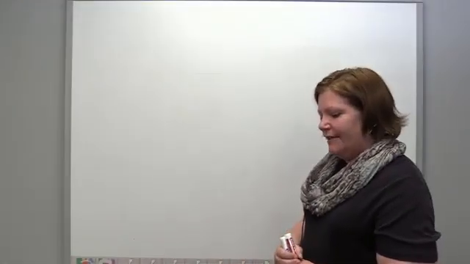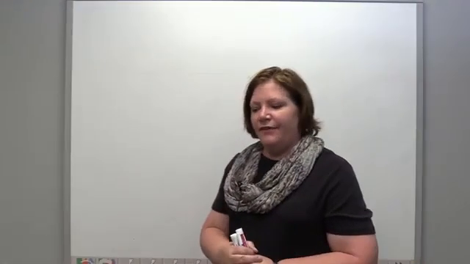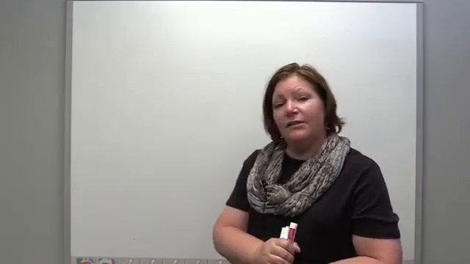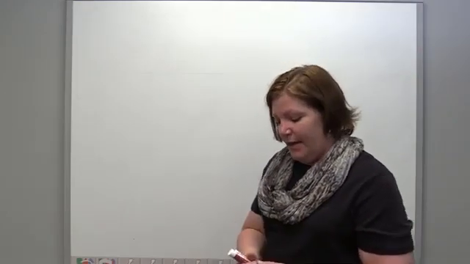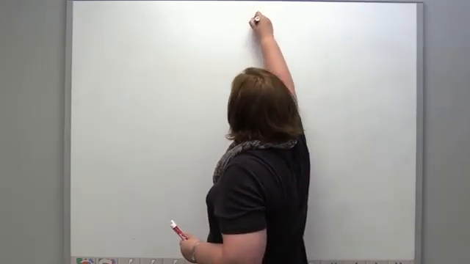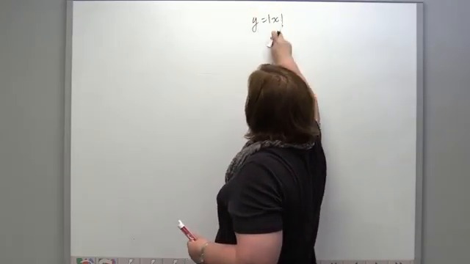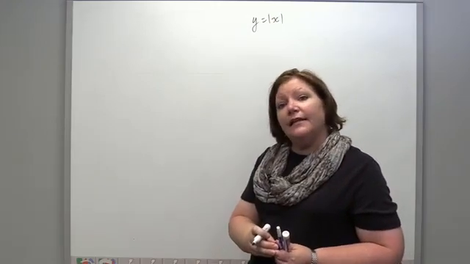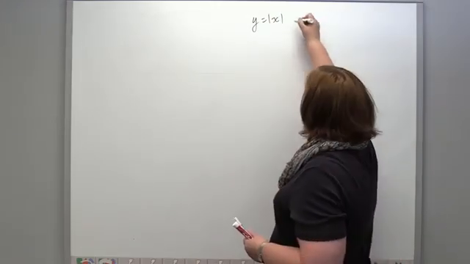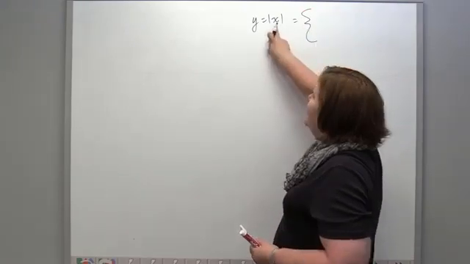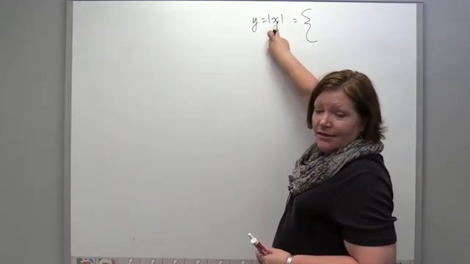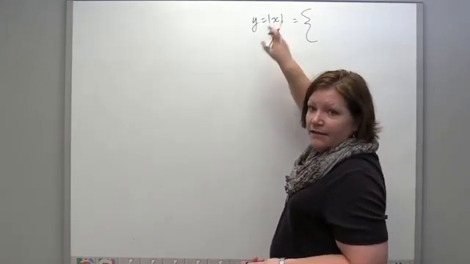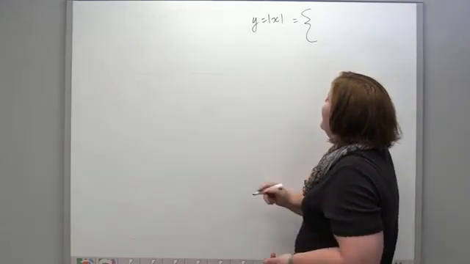Another type of function that we're going to see periodically throughout this class is what's called a piecewise defined function. And we're familiar with piecewise defined functions all the time without thinking about it. One of them is the absolute value of x, which is technically a piecewise defined function in that, depending on what the number is, the rule as to how you say what is the absolute value changes.